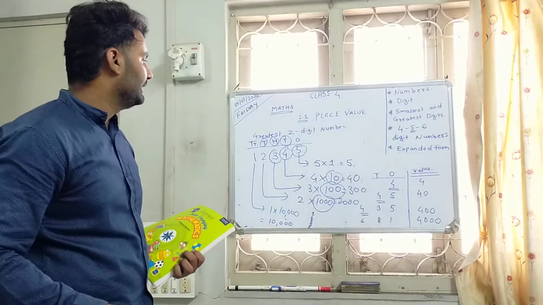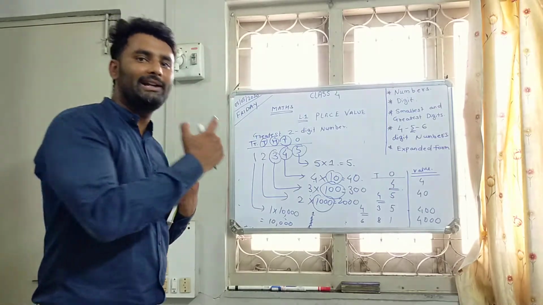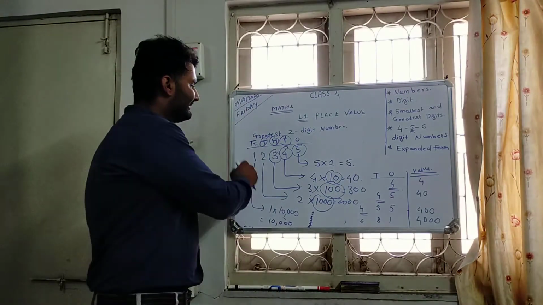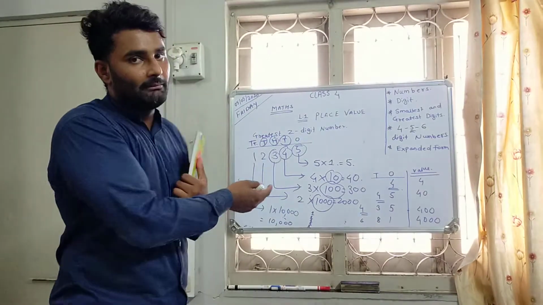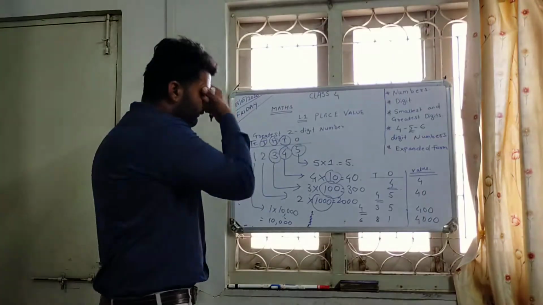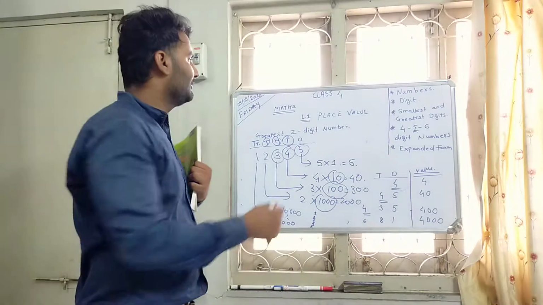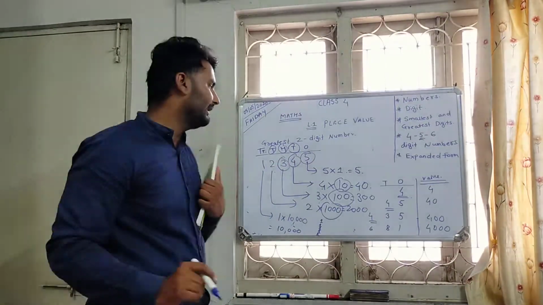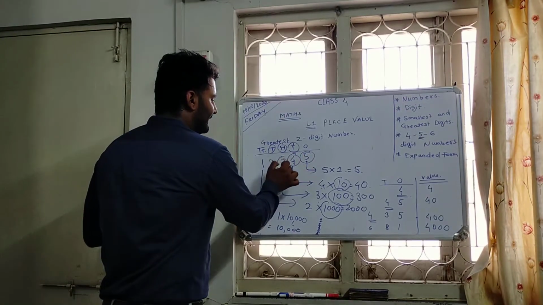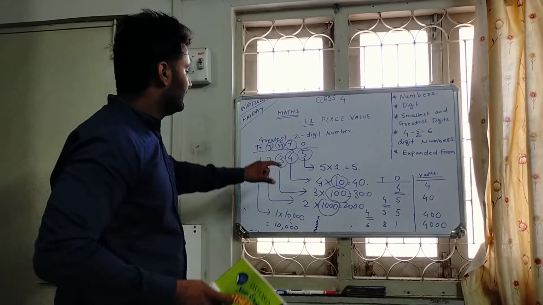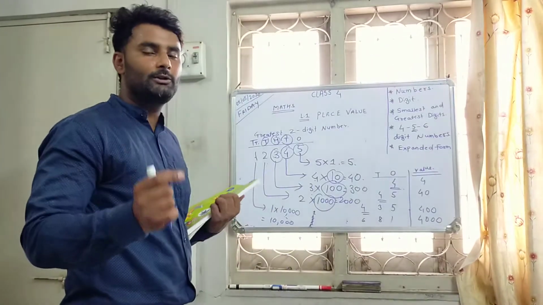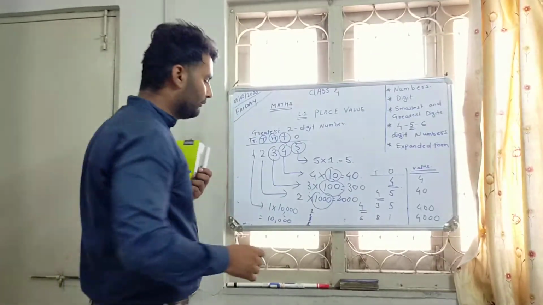And by place value, we are able to read this number, because we get a little confused about a number. If a number randomly appears, we ask, oh, what is this number? So by use of place value, I can identify the numbers and their specific values like ones, tens, 100, 1000, 10,000 by the place value chart. I will write the place value chart again to help you understand better.